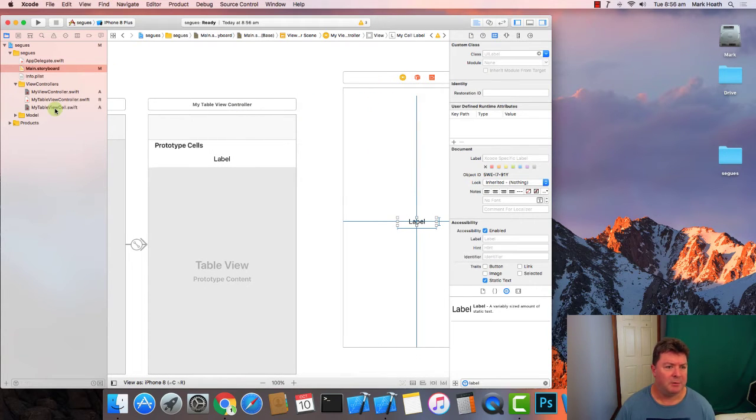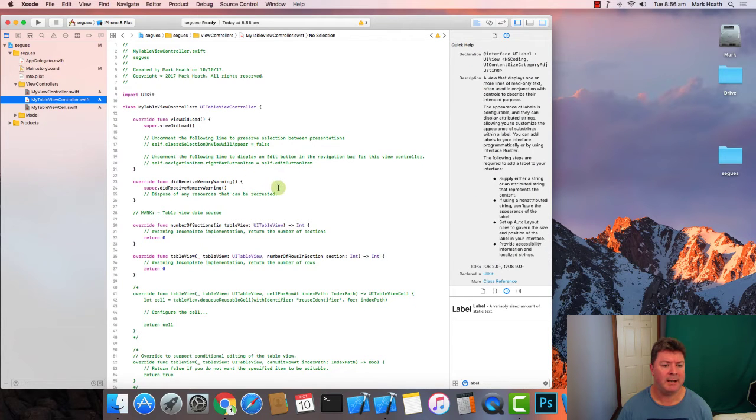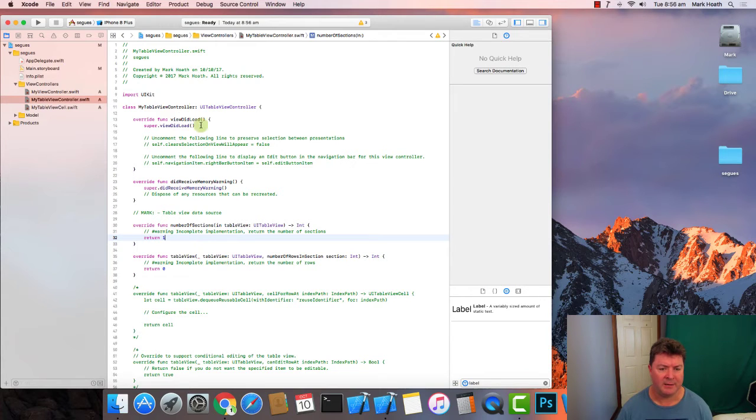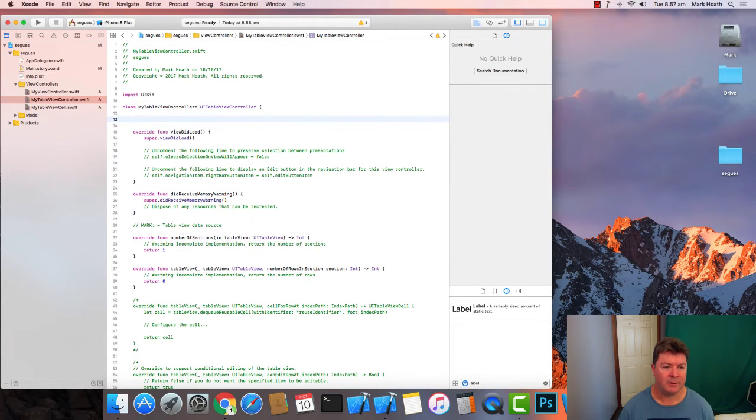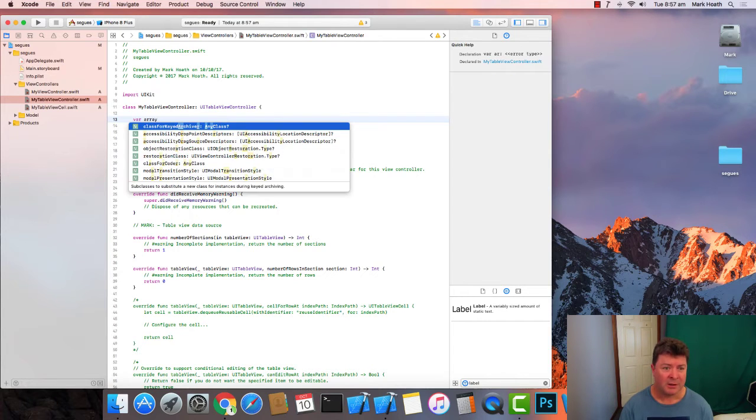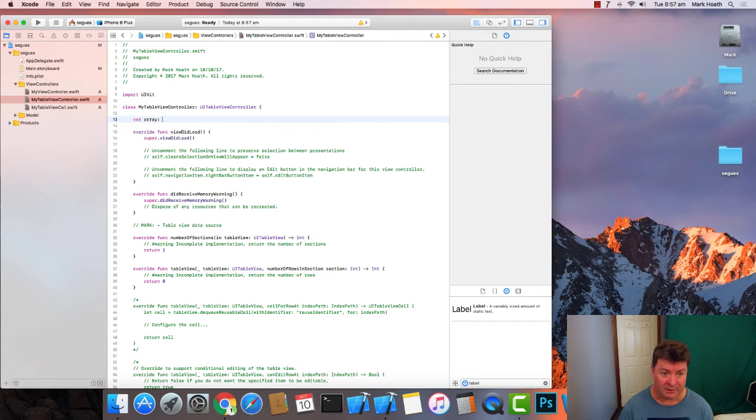So if we go to my table view controller, the number of sections, well, there's one section, and we need some data. So let's do what we did last time, and we'll create a variable called array, which is an array of strings, and we'll set that equal to